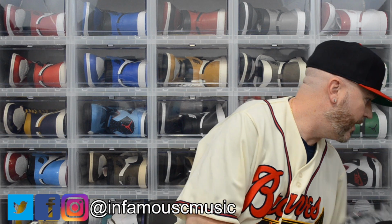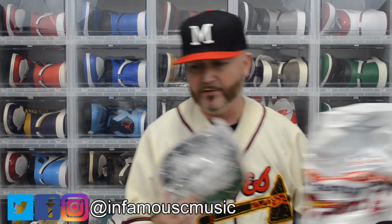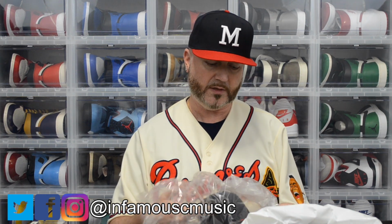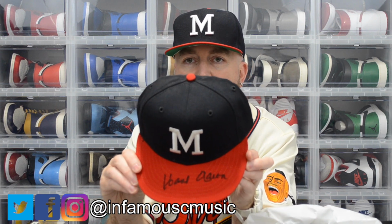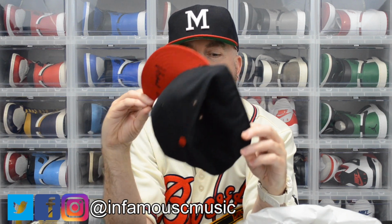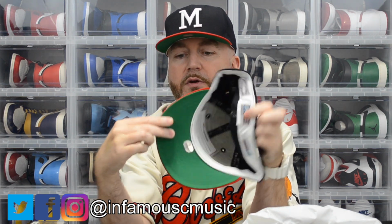Then I got 2 fitteds, which I know everyone on the channel should appreciate. Got the same hat that I got on now, signed by Hank Aaron. It's authenticated by Fanatics. It's got the Fanatics hologram there. It's just a typical New Era hat, just like the one I got on, but this is like a 7.25. But